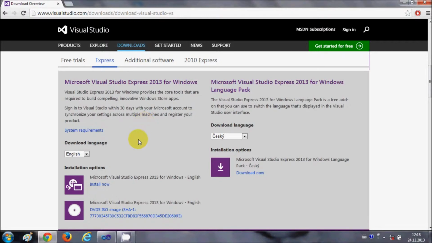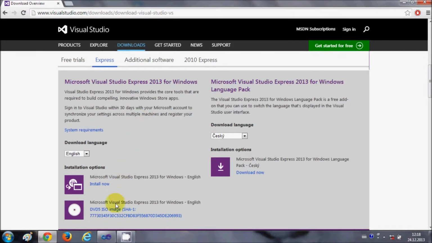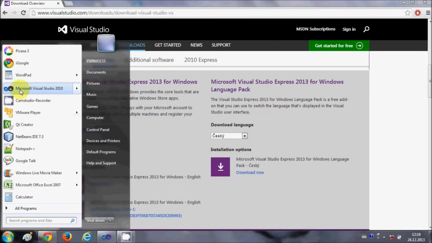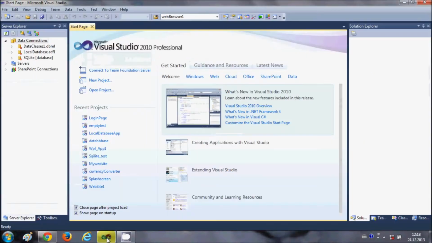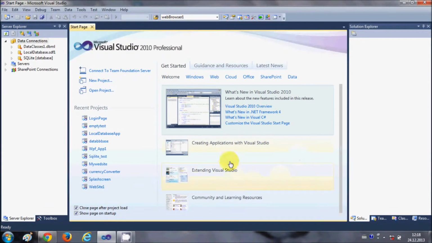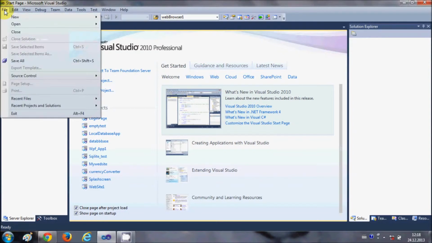And when you are done with your downloading and installation, just go to start button and click Visual Studio from there, and it will open a Visual Studio environment like this. In here we are going to start a new project, so go to file and then go to new project,